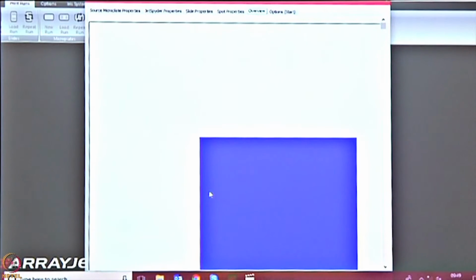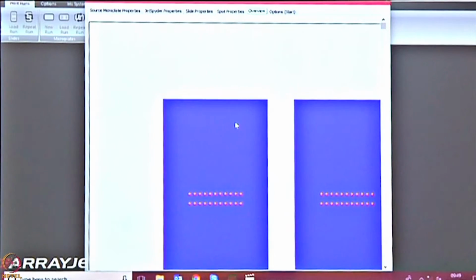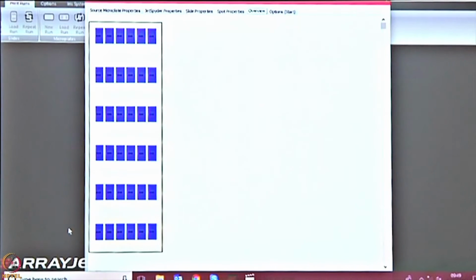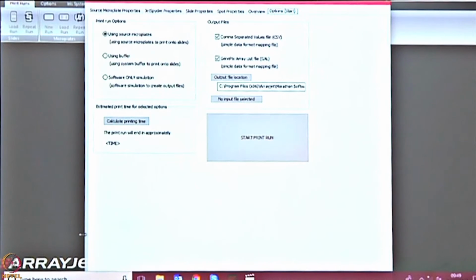So let me go out of it. That's your first row, that's your second row, that is your one slide. Like this, the time it takes for one slide is the same time it takes for 25 slides. So really it doesn't matter if you're doing 1 slide, 5 slides, 10 slides, 25 slides. Your entire assay can be replicated identically with all these squares,